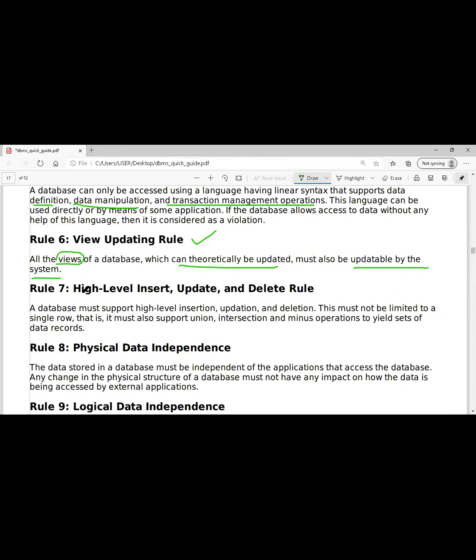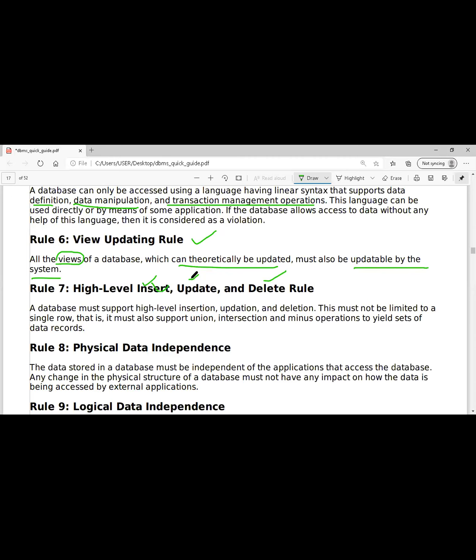Then coming to the 7th one, the insert, update, delete rule. The name itself says I should be able to add the data if new people are coming. For 2 to 3 days I was asking students, your name is displayed, but your roll number is not there. You say, sir, I am a new student, till now I didn't receive it. I should be able to add his name. So I added the name. Then I said your roll number is missing. After a couple of days, you got a roll number. Then you say, sir, I got a roll number, can you update it in the group?